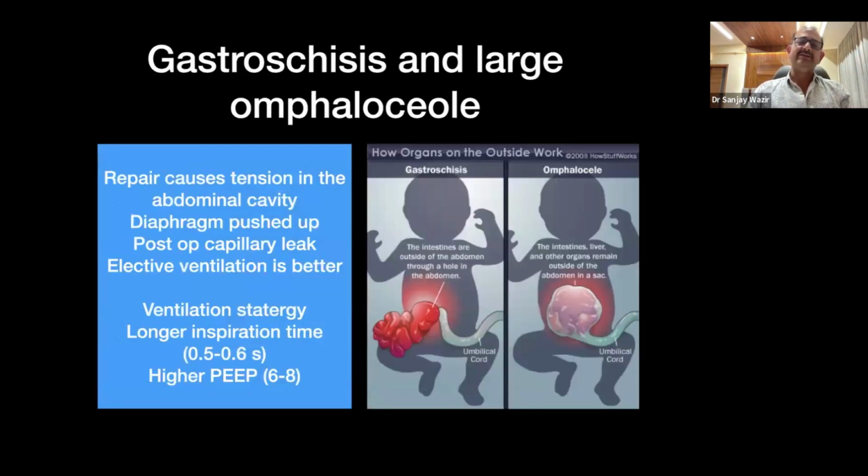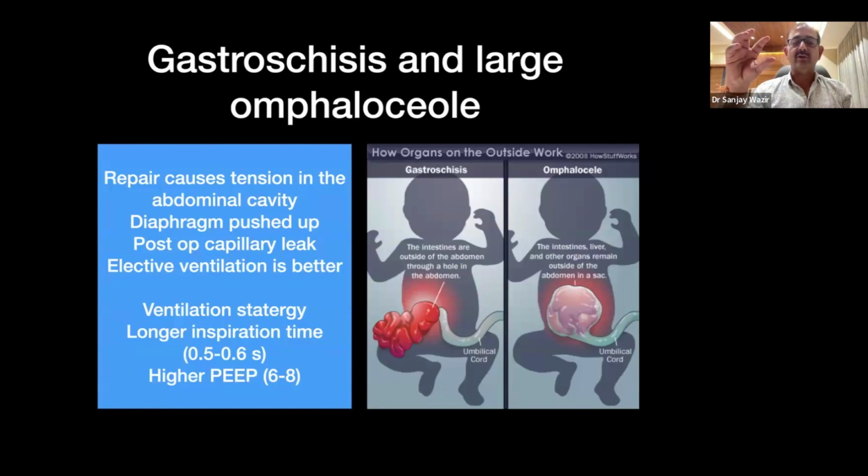Another uncommon condition is gastroschisis or a large omphalocele. In this case, the abdominal contents are outside the body, and during surgery you either put the contents back into the abdomen, or you put them into a silo. In either case,